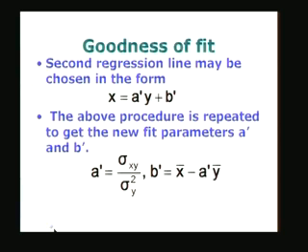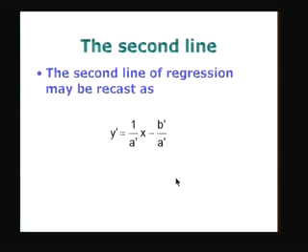A similar procedure gives you a prime equal to sigma xy divided by sigma y squared, b prime equal to x bar minus a prime y bar. So, b prime and a prime are obtained by using the statistical parameters, and then the second line is given by y equal to 1 over a prime x minus b prime by a prime, and therefore,